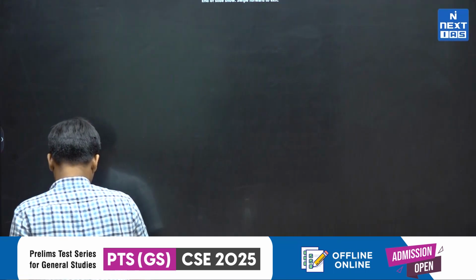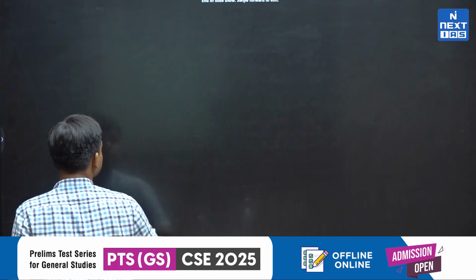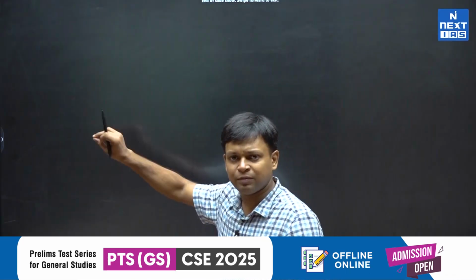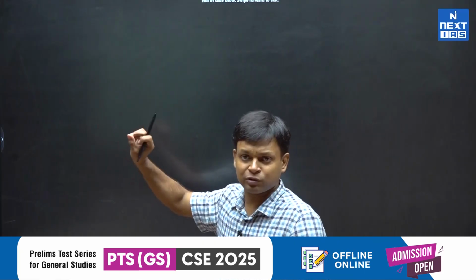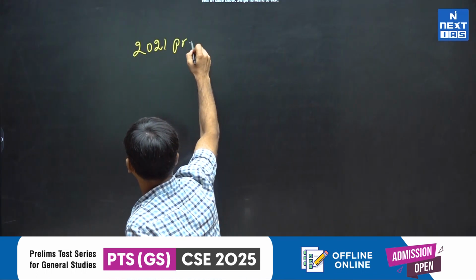Now we have to discuss another very important point. I am not putting a question on the slide, but I am giving you some examples through some questions which have appeared in the exam, how to approach a question given in a prelims polity paper. What is the manner in which UPSC is giving answer to questions? So for example, let us take a very simple question. It was a question from 2021 prelims.